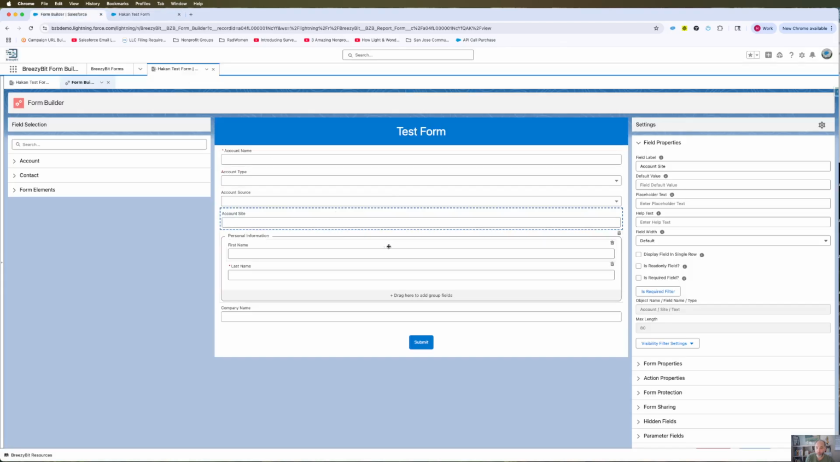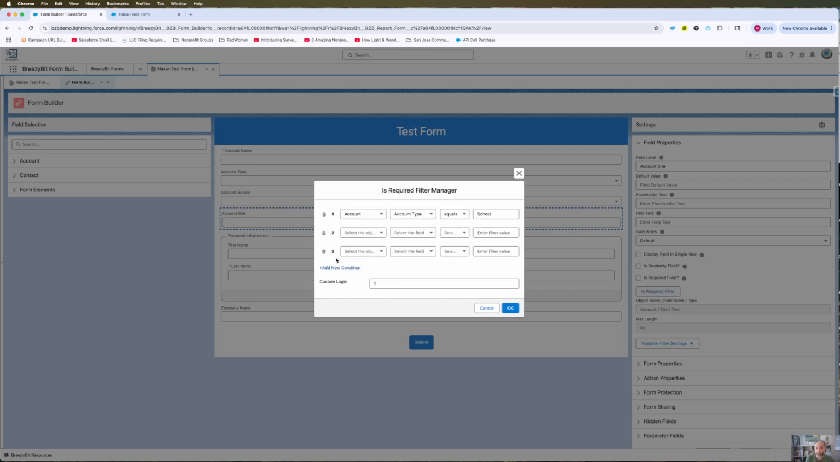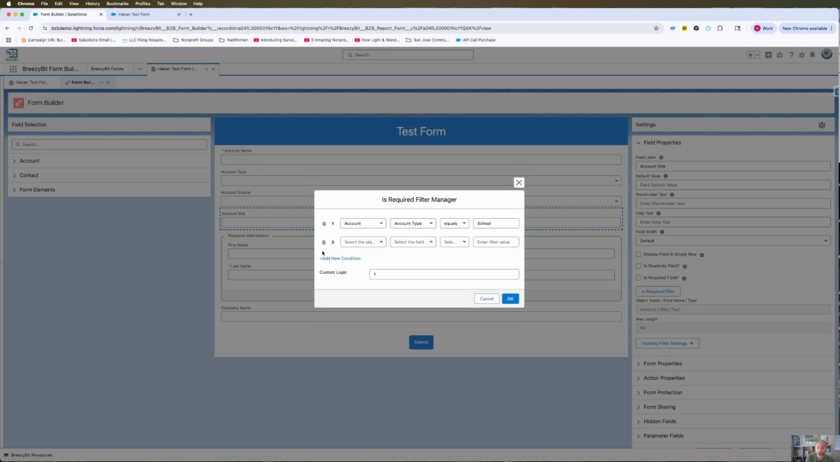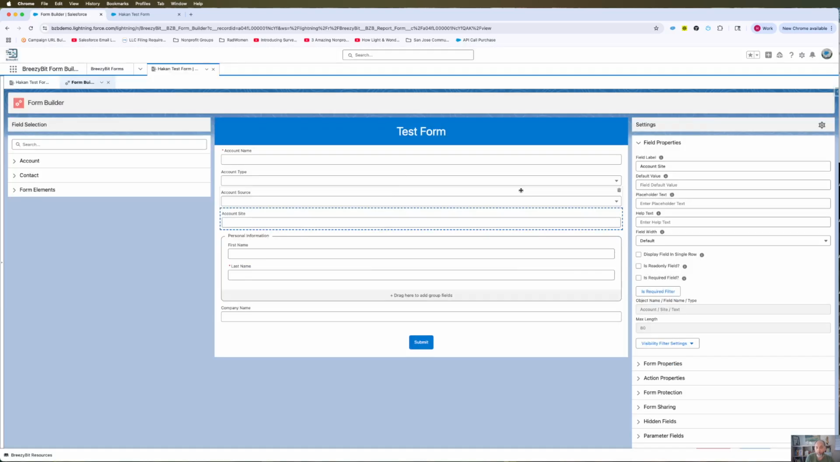So again, this is just one example, but you can make the field required based on different values on different fields. You can add as many conditions as you want and set custom logic using ors and ands. It's really easy and quick. So you can make your fields required conditionally on your forms using the is required filter setting on your form builder,